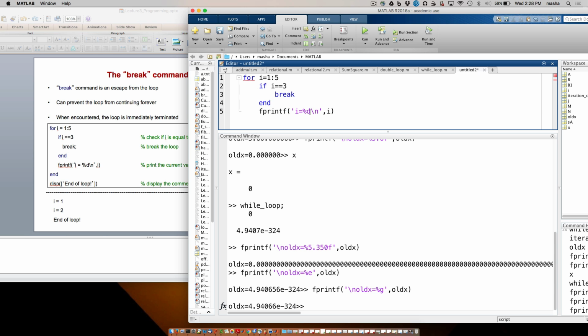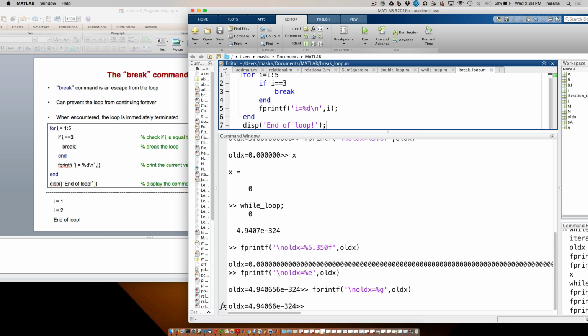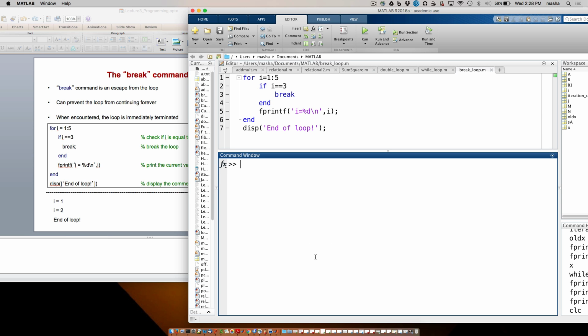This is just a formatted output for an integer. Okay, so if I execute break loop,